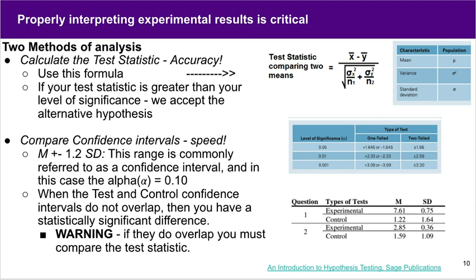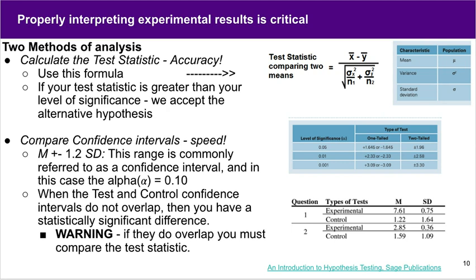You can eyeball this. Now, if they don't actually overlap, this actually doesn't continue to hold true. If you have overlap between those confidence intervals, you will need to go back to the test statistic method to determine if they are in fact statistically significant or not. If you just do this and you have overlapping confidence intervals, you will increase your rate of false negatives. But it's very, very handy and very fast for